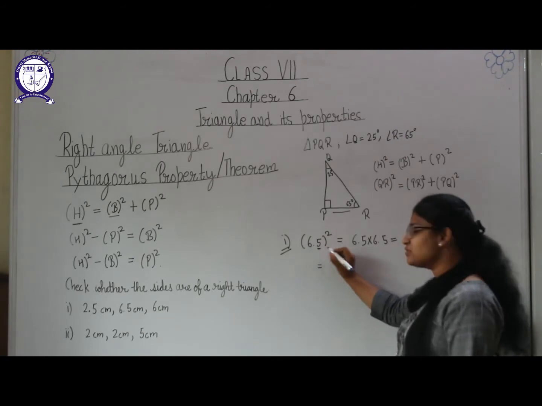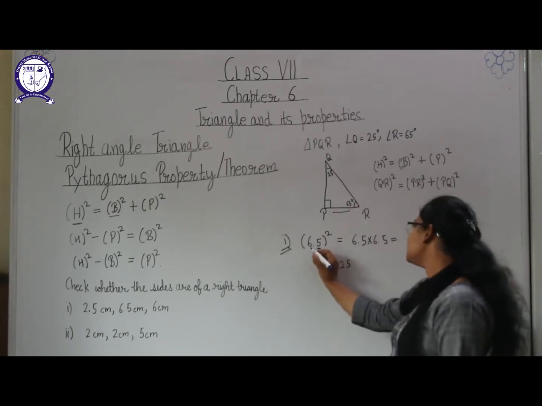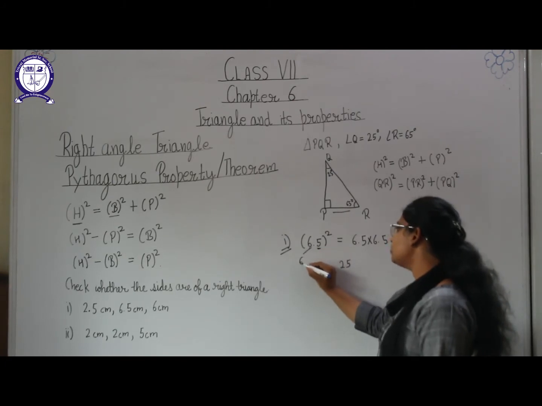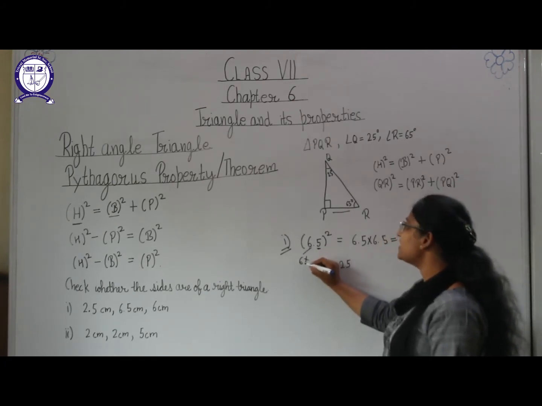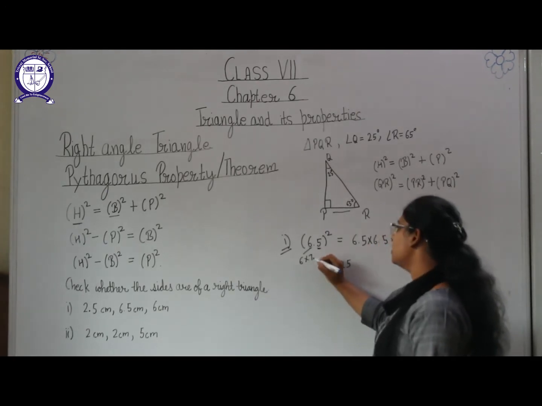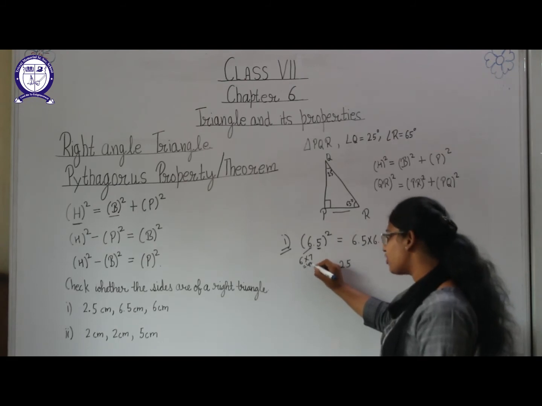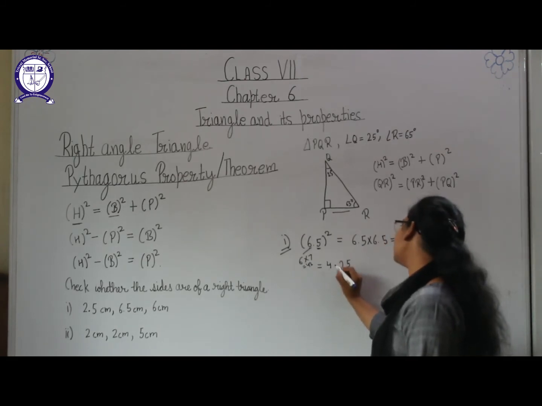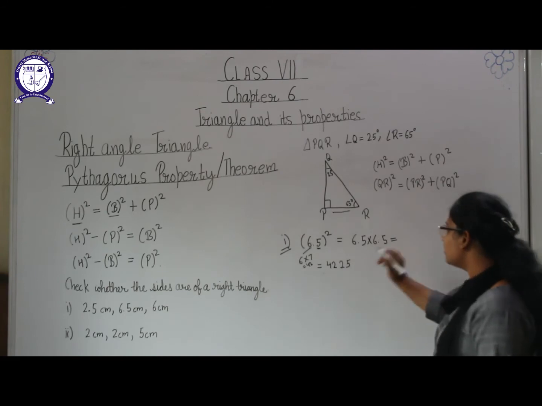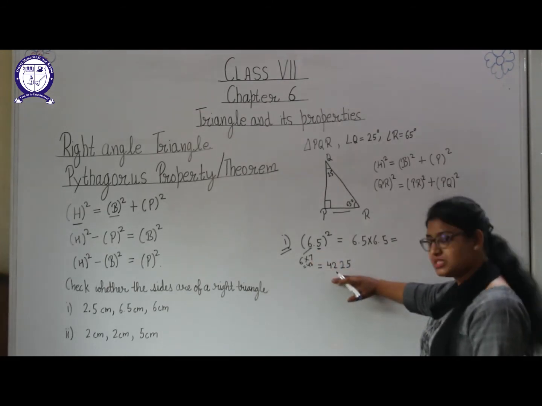Here this is 5, so we will write 5 5s are 25. Here it is 6, so we will multiply 6 by its next number. Its next number will be 7, so we will multiply these two. 6 7s are 42, so we will write 42 here. Now students, if there was 65, then this would be its answer.